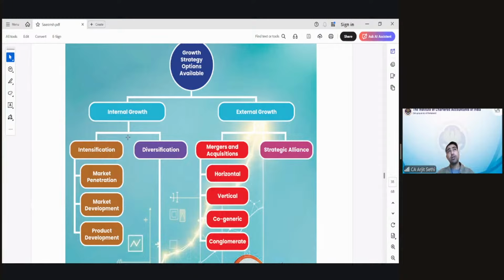CA Kanika was working and she was very excited about her business, doing great business. She had a practice of almost over 2 crores annually. 2 crore billing, CA Kanika, 15 years of experience in income tax. And she says, I'm so bored now. I want to do something new. There is so much more out there.